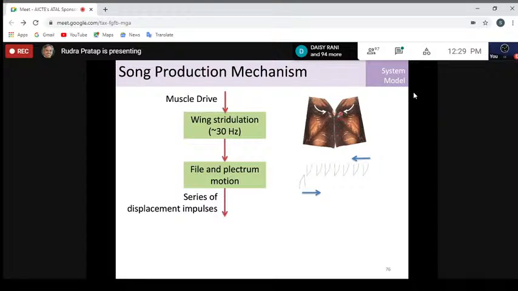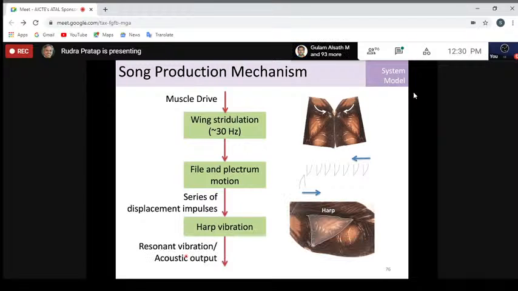And then on the other side, there is a tissue on both. It's symmetric. So there is a tissue here, which is called the plectrum. The plectrum goes over the set of teeth as the wings close, and that introduces impulses. When it engages with each tooth and leaves it, it pushes the tooth up. So one by one the teeth are going up, so that is impulsive loading on the wing. And from those series of displacement impulses,